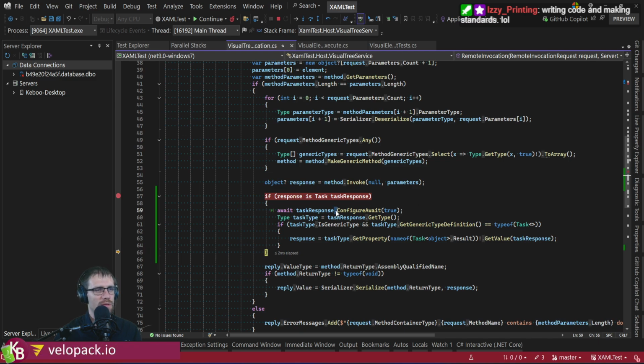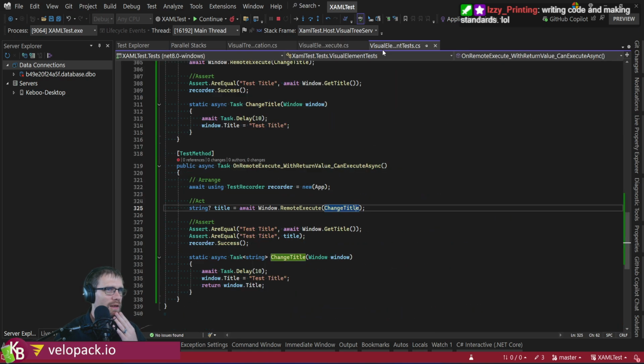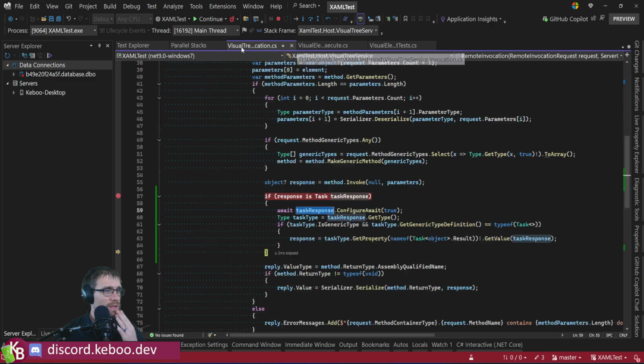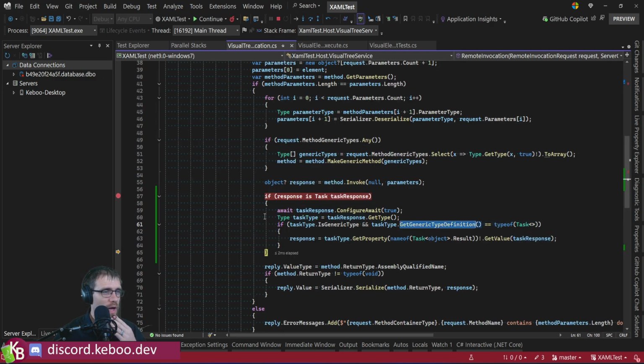Sorry, I'm distracted here. I forgot. The fact that I declared my method with a task return doesn't mean that it returns a task. Forgot about that detail. It doesn't return a task. How silly of me. Which is why this signature will not work, and I actually have to